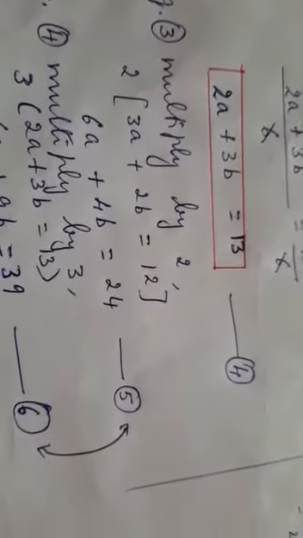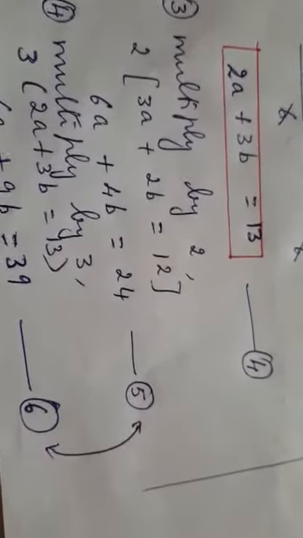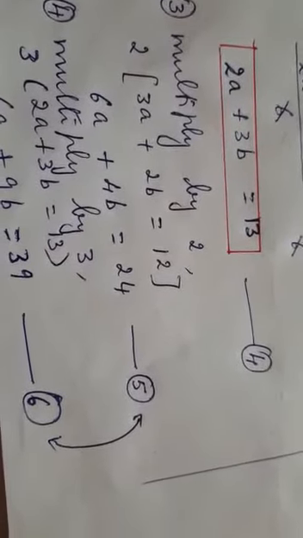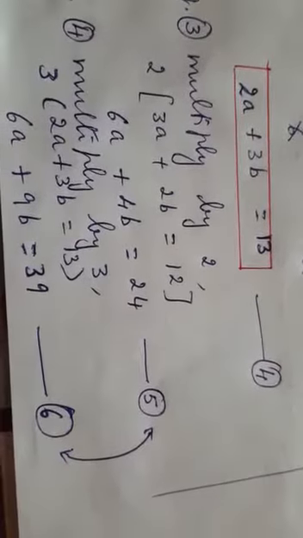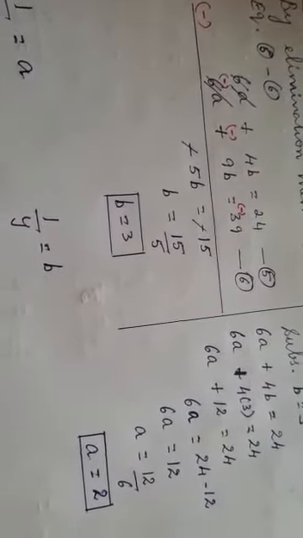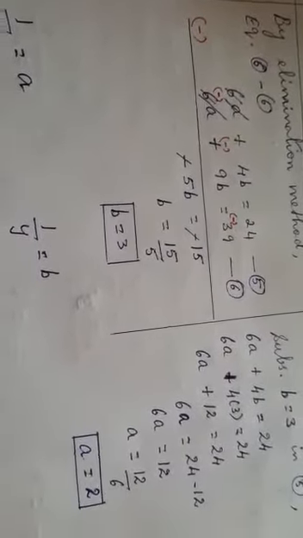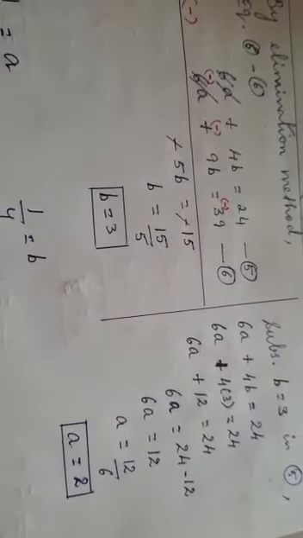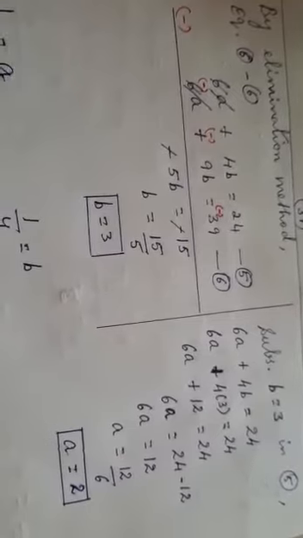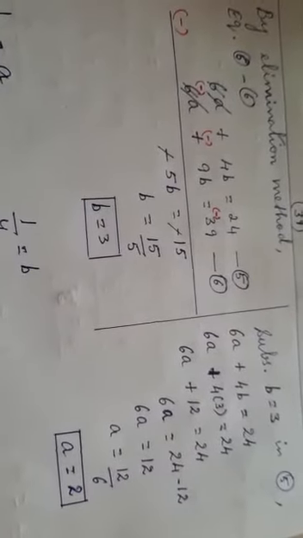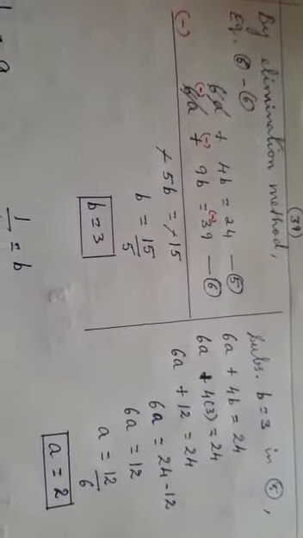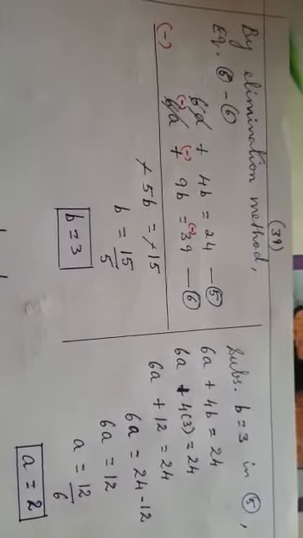Now we are going to solve only the fifth and sixth equations to find the values of a and b. By the elimination method, equation 5 minus 6. We have 6a and 6a, the same number with the same sign. Whenever the same number for one variable is there and the sign is the same, you have to subtract; only then can you eliminate that term. When I subtract, the sign changes throughout. So I get minus 5b is equal to minus 15. Minus and minus get cancelled, b is equal to 15 by 5, so b is equal to 3.